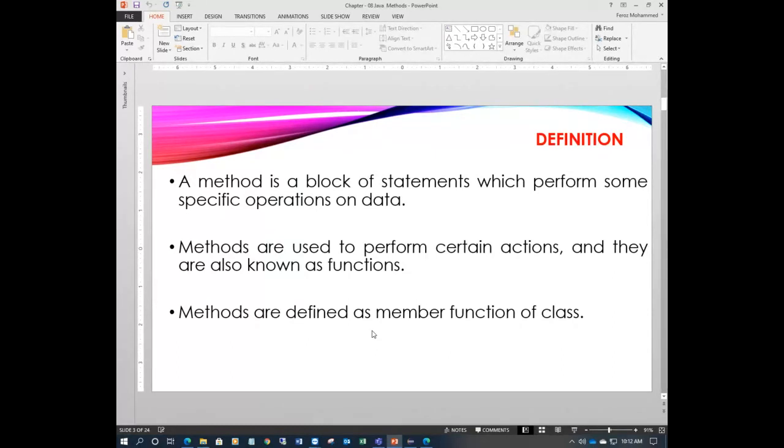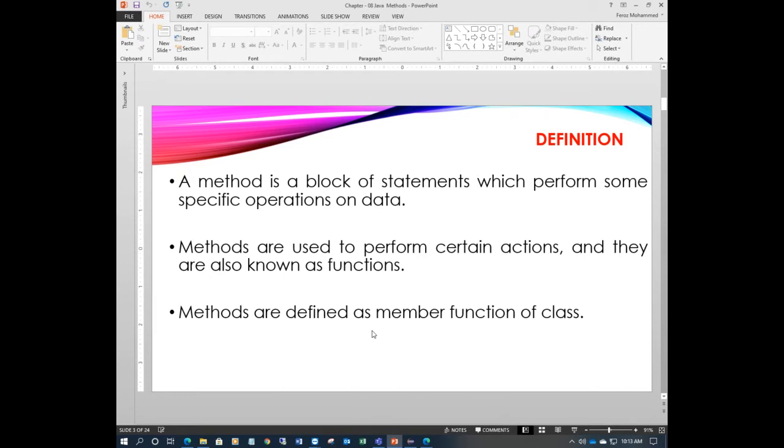Similarly, if you recall the class definition, a class is a combination of two things, two members of a class. First is variables, which are nothing but data, because data are variables. Second thing, methods.